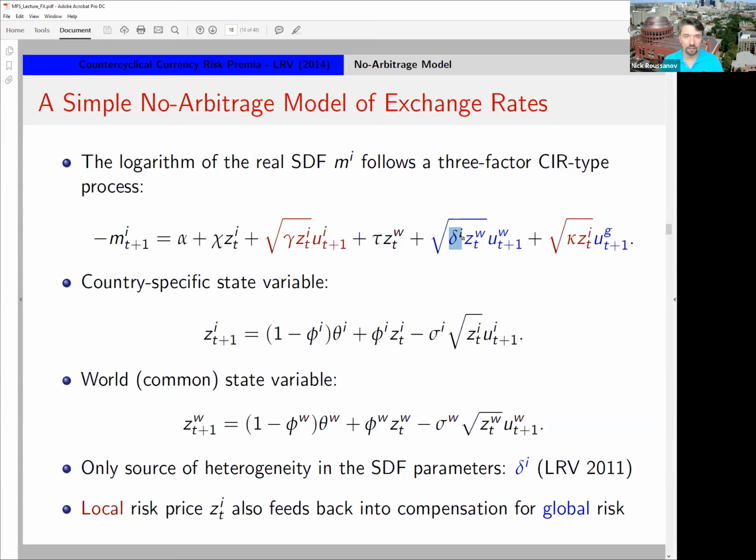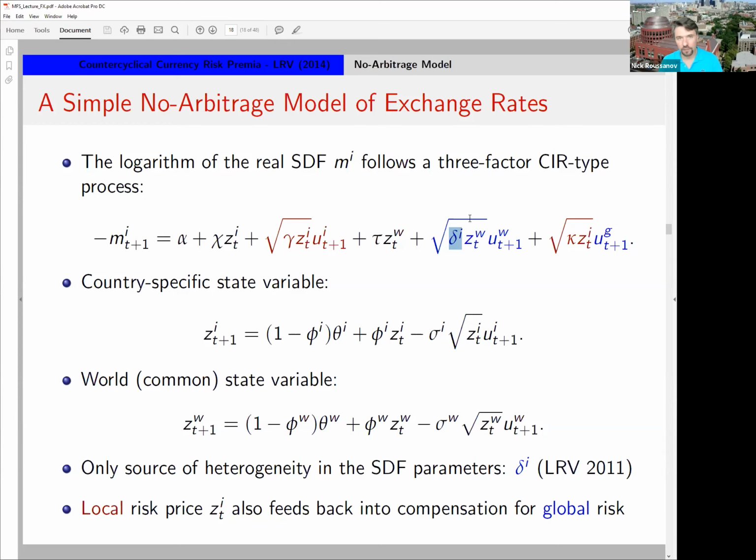What does that heterogeneity mean? What does it do? Well, countries that are more exposed, or their SDFs more exposed to that global shock, would be riskier countries in the sense that their stochastic discount factor is more volatile. But it also means that those countries' SDFs rise more in bad times, and as their SDFs rise more in bad times, those currencies appreciate. So those are safe haven currencies, but these are not safe countries, or at least their SDFs are more volatile and more exposed to global shocks.